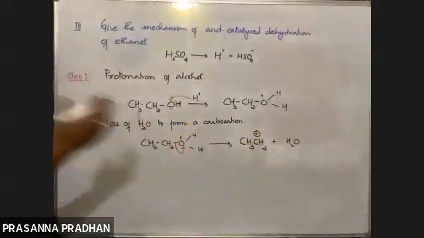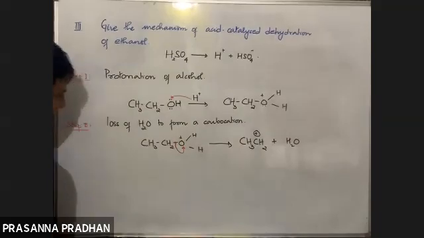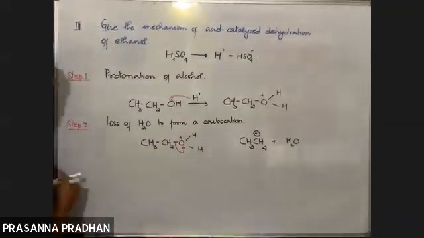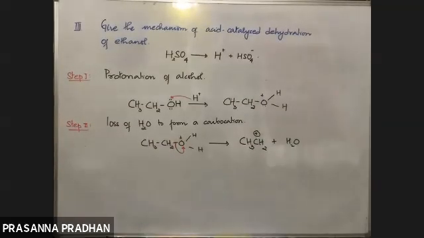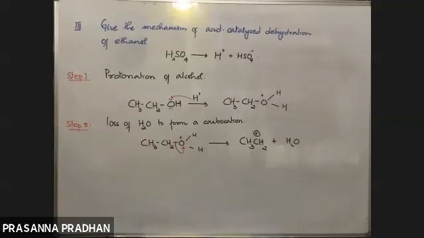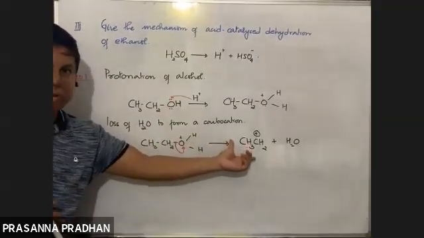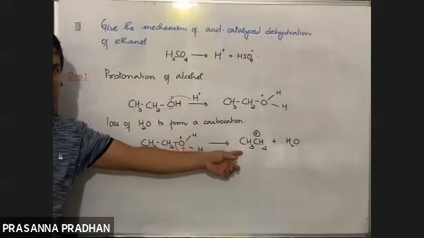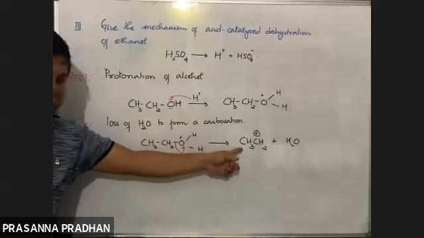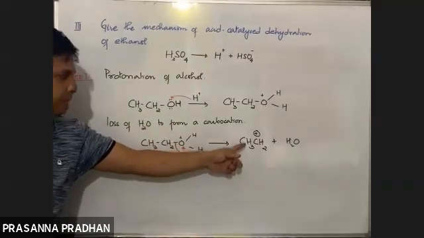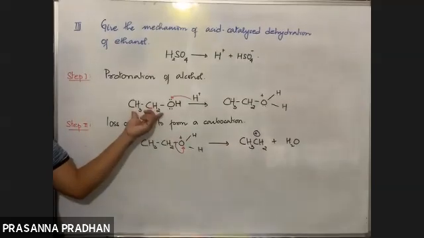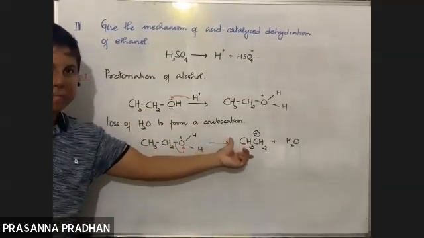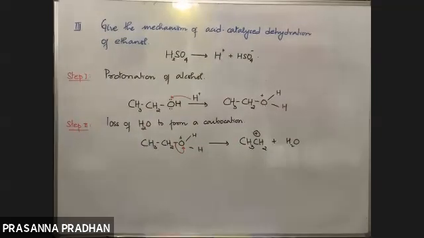Now just recall the order of reactivity of alcohols for dehydration. Which alcohol was most reactive? 3 degree. Why do you think 3-degree alcohol was most reactive? Because the reaction proceeds through the formation of a carbocation, just like alkyl halide, देखो ना, SN1 reaction. So 3-degree carbocation will be formed from 3-degree alcohol, and 1-degree alcohol gives a 1-degree carbocation. So it will be least reactive, as it is least stable. But if I have a 3-degree alcohol out here, it will give you a 3-degree carbocation, which is very stable. So that is why the order of reactivity.